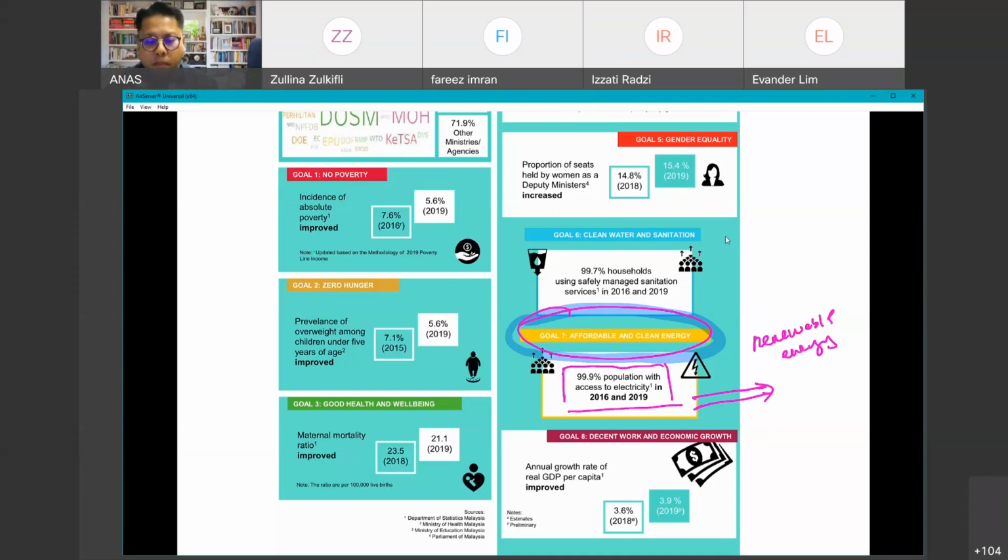So, from my perspective, it seems that we have a very, very long way to go in order for us to achieve the SDG target. Even though we are getting there, we have planned. But I will explain in a bit why I think we need to do more. And when I say we, it means it affects me as a researcher, you as a student, who are going to graduate soon and become an engineers, and this issue will not just stop at your generation. It will reach the next generation, which is your child, and probably the next generation after that,